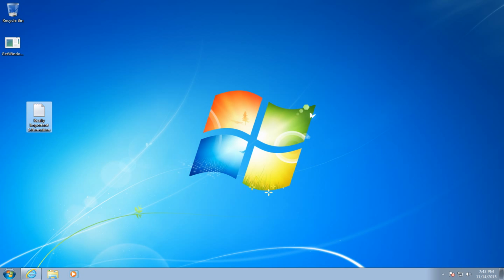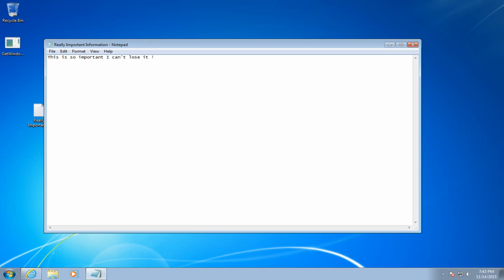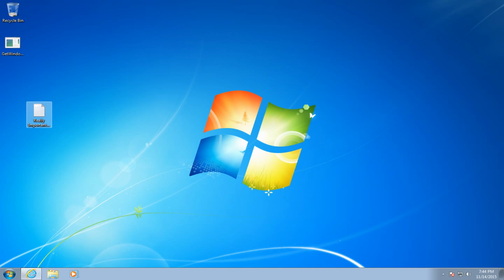Right here, for testing purposes, I have this really important information that I don't want to lose. I want this to be there after the upgrade. If you open the file, I can see that this is so important that I cannot lose it. So I need this information right here to be right here when I upgrade. So yeah, the right way to do it is go with this tool, so it can fully upgrade your Windows,